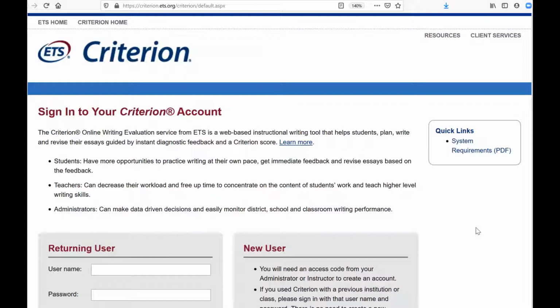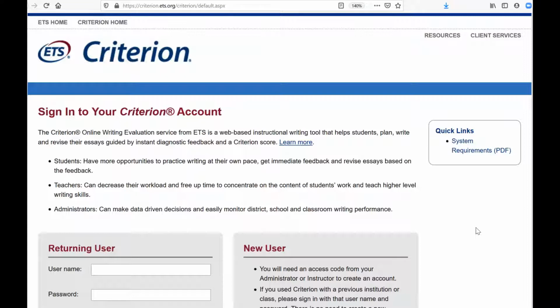But this tool we have found to be very helpful for students in making corrections on kind of smaller scale things: subject-verb agreement, maybe pronoun usage, catching run-on sentences or fragments. It's very, very helpful. So we do require it. We do give an assignment grade for using Criterion, and that information will be in Blackboard from me and from your instructor. So you do have to set up your account, and you need to get your access code, but